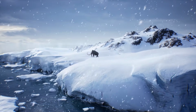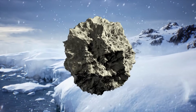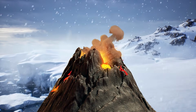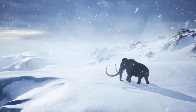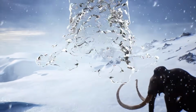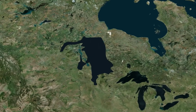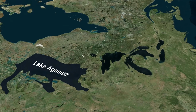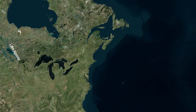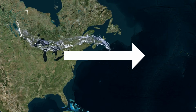But here's an interesting question. Could it be neither? Not a climate-changing asteroid, nor a hidden volcano. There's a third suspect that's much quieter but just as dangerous: fresh water. One leading theory is that the world warmed up and a massive glacial lake in North America, often linked to Lake Agassiz, suddenly drained or rerouted, dumping an absurd amount, like quadrillions of gallons, of fresh water into the North